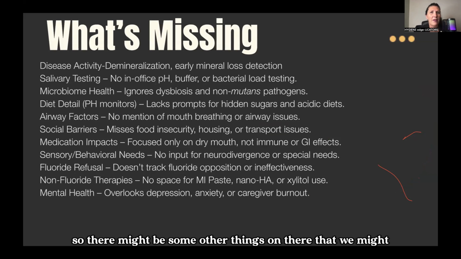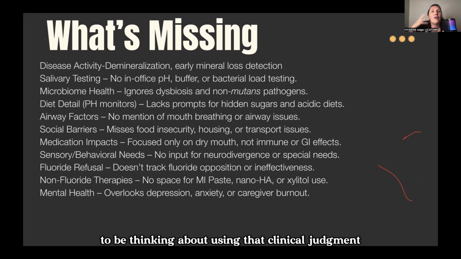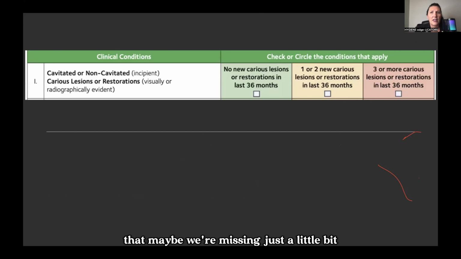So there might be some other things that might be missing, that maybe we want to encourage students in some way to be thinking about, using that clinical judgment, having those ideas in mind as well. The first one, though, that I want to start off with that maybe we're missing just a little bit,